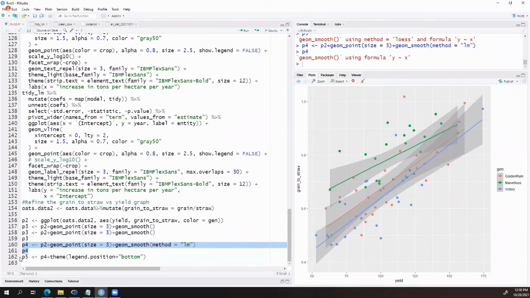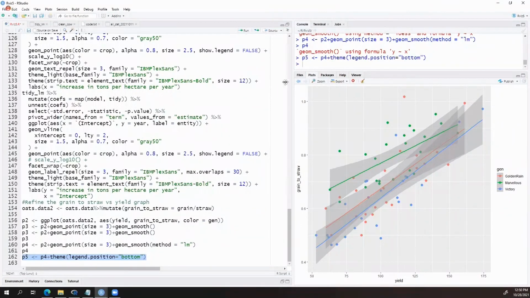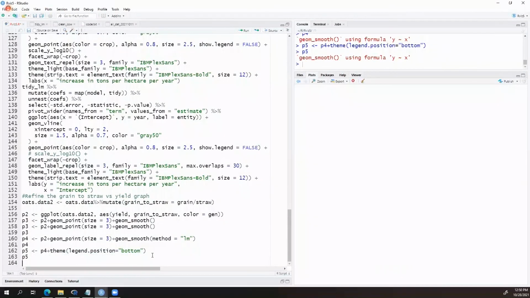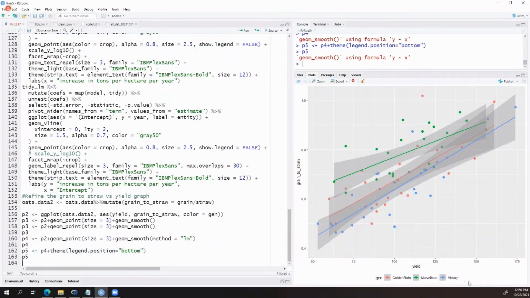And then one of the things that theme does is allow you to adjust your legends and such. So this one adds the legend at the bottom. That's the kind of manipulation that you'll want to do if you are creating plots like that